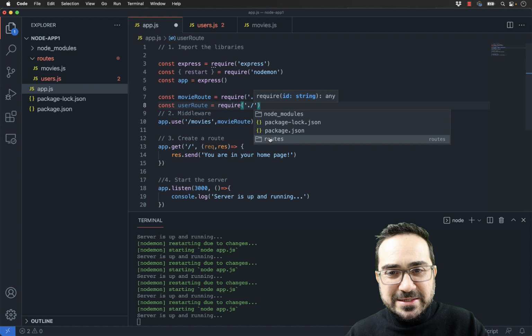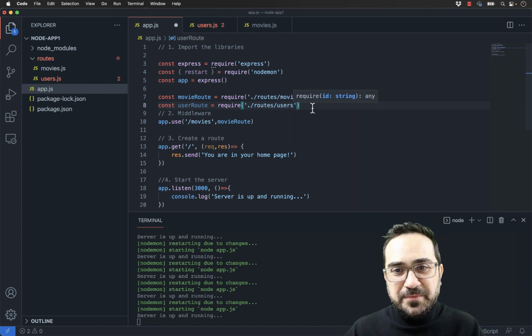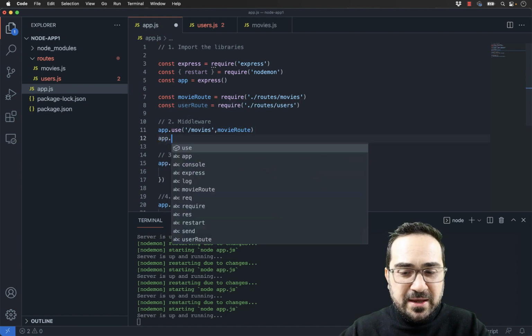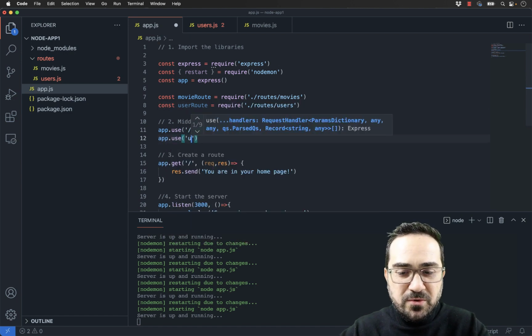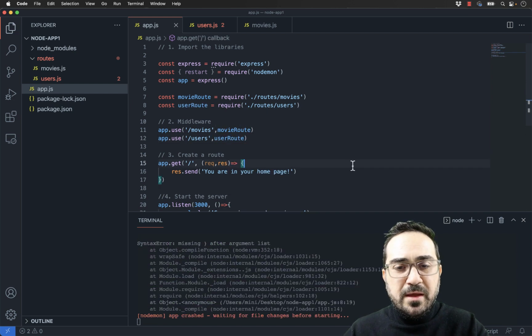So we can go to routes, and then inside routes we can go now to users, right? I don't want movies, it's already there. And then I will say use: whenever you want to go to users, let's call it users, because we called the other one movies, go to the userRoute. And every time you want to go there, you will get redirected.